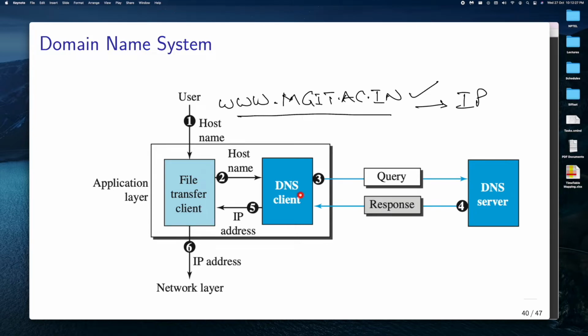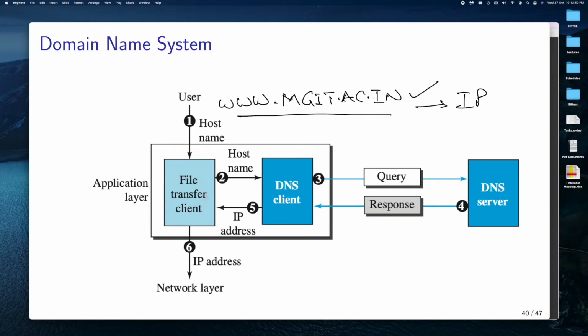DNS does that exactly. It is also called the directory service of the internet. You give the name and it converts it into an IP address. So see what is happening. For example, the user types in the host name, that is like text. Let's say he wants to open an FTP to this particular site.